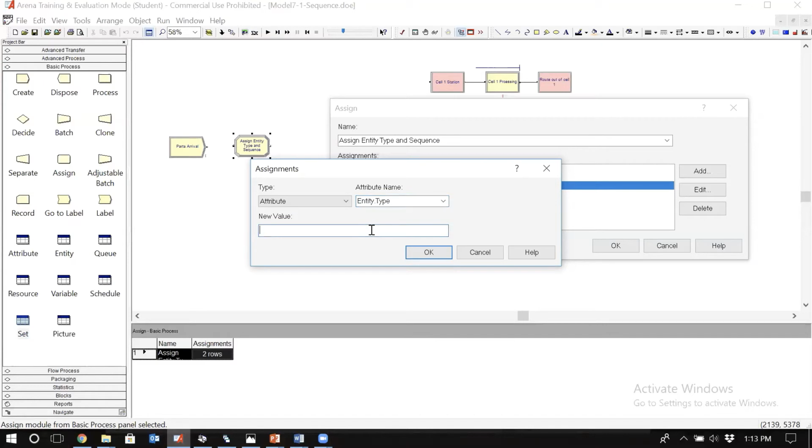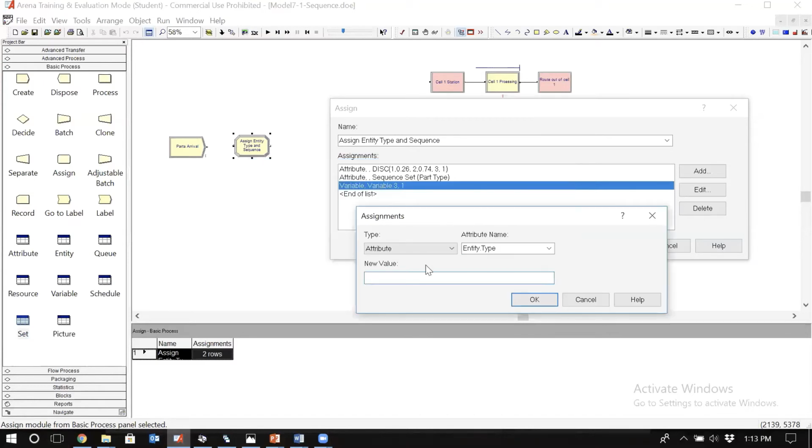And here, the name of the set that we defined is entity set. That's the name of the set that includes three members, right? Part one, part two, part three. So if I just say member one, it refers to part one. If I say member two, it refers to part two, and if I say member three, it refers to part